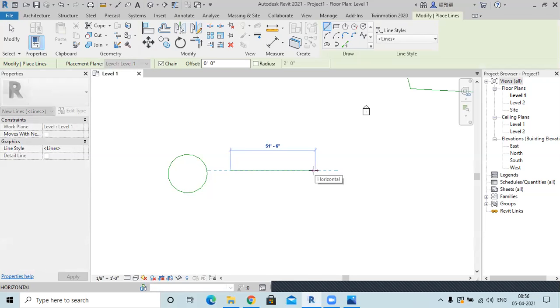For example, if this is 45, now I don't want it to be 45. I want it to be 55. So either I can move it to 55, or what I can do is leave it anywhere, and then type 55 and press enter. Okay, so I have moved my mouse.